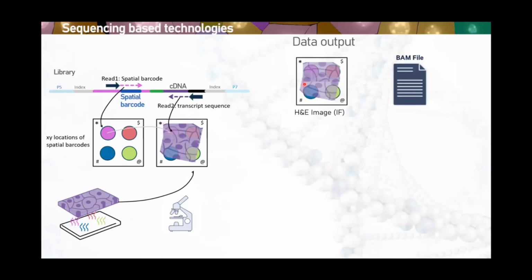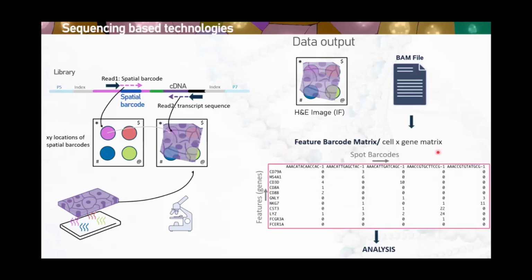What do we get after this? What is the data we get after running a spatial transcriptomics experiment? We get our H&E image with the known locations of the barcodes. And as Andreas explained yesterday, after processing the sequencing results, we get BAM files. And with this, we can now generate